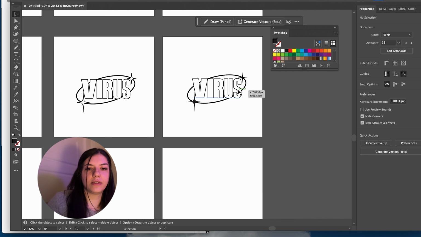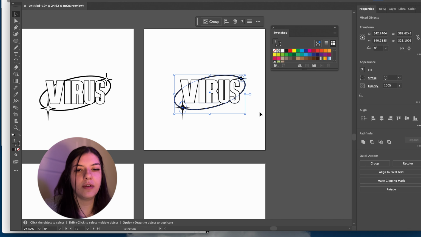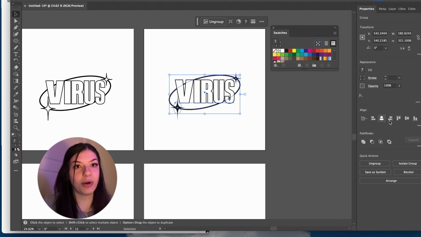Okay, like that looks good as well. I don't think it works when the V is filled in and the sparkles are outlined. I don't think that looks good in my eyes, but let me know what you guys think and comment below what you guys would have done different in this part of the process.